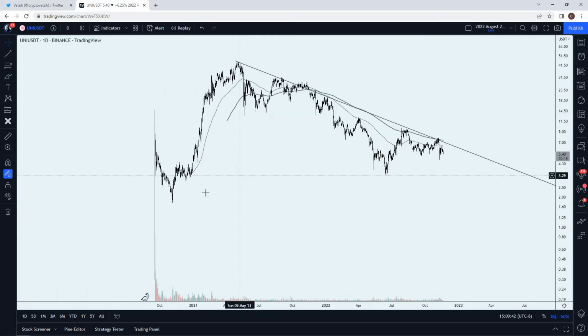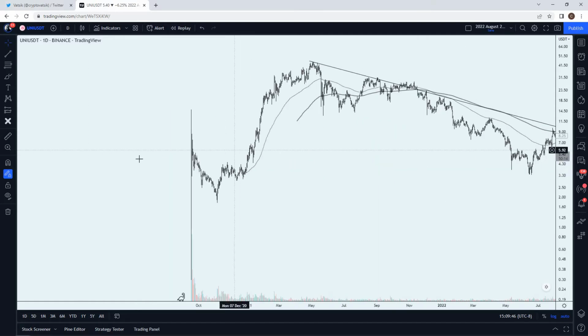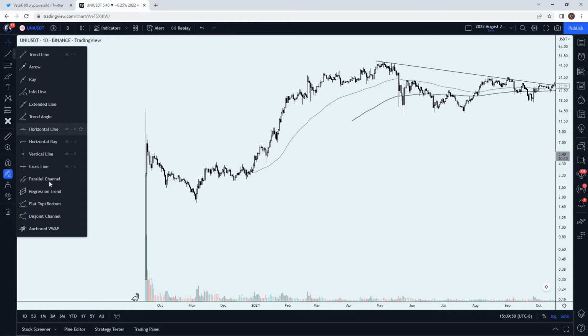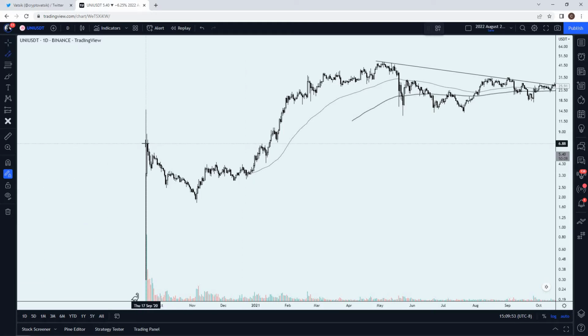So full circle, full lap kind of thing. So now we just got to look left to those key areas to really start to formulate a plan moving forward to get out of this bear market. So what I'm going to do is take a parallel channel from this swing high, right when it got listed. Yeah, basically Uni got listed on Binance here, because I think it formulates some interesting spots to look at. Okay, so we've got the swing high here, down to our swing low.